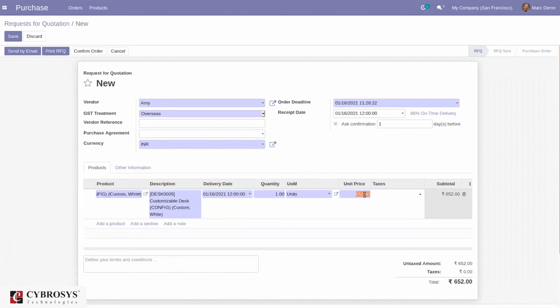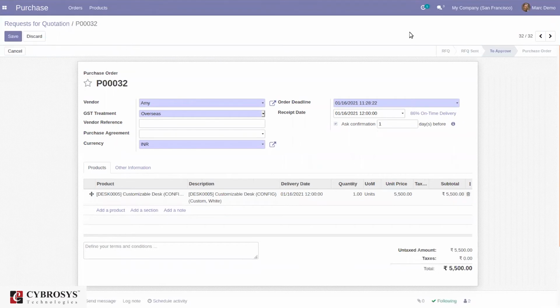And here we can set an amount that is 5,000. 5,500. And okay, so let's confirm this quotation.